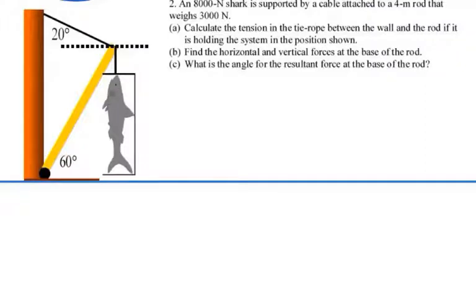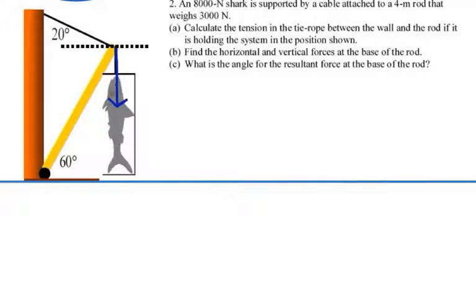Here's problem number 2 on the sample test. An 8,000 Newton shark is supported by a cable attached to a 4-meter rod that weighs 3,000 newtons. Calculate the tension in the tie rope between the wall and the rod if it is holding the system in the position shown. Alright, first thing we want to do is a free body diagram, and we'll indicate this 8,000